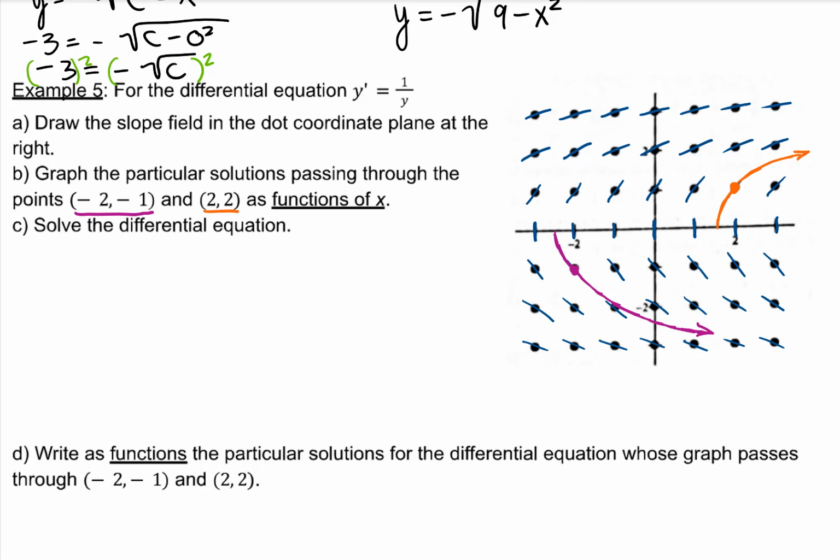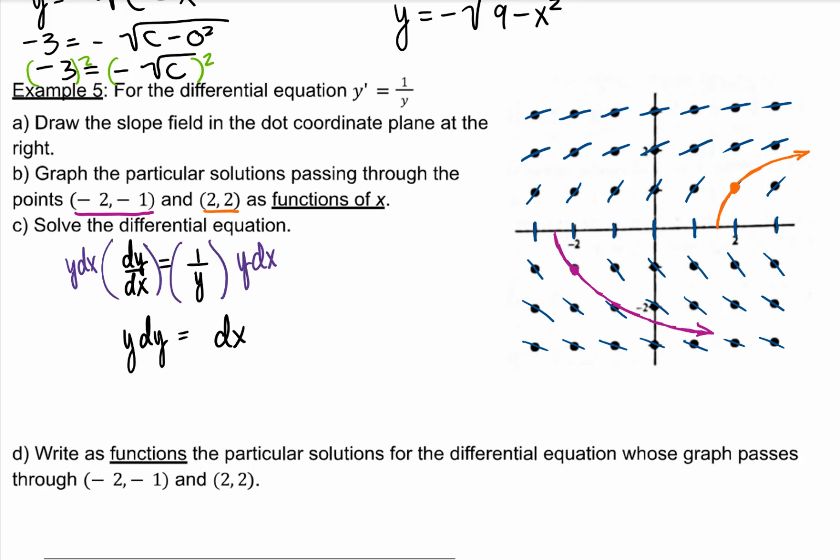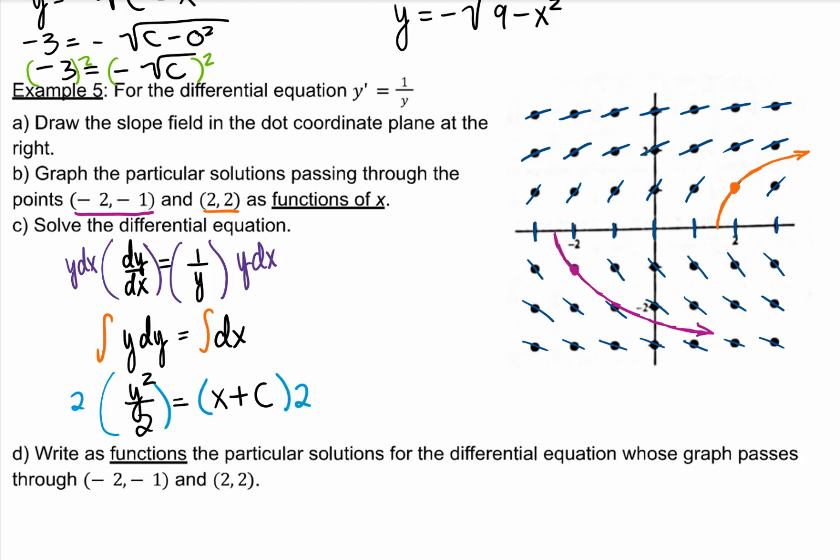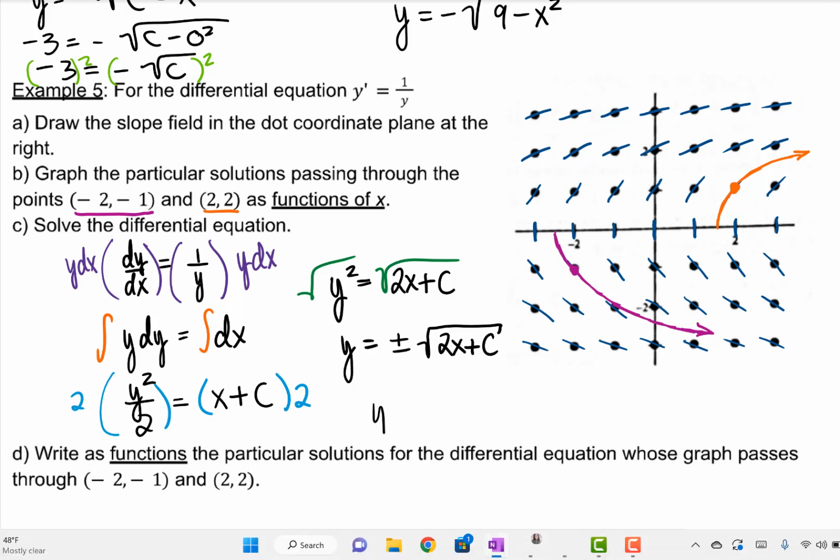To solve our differential equation, I'm going to exchange y prime for our notation dy over dx. Multiply both sides by y dx. Integrate once you've separated your variables. Remember that a square root is an operator, so you cannot remove the c from under the square root. As a function,